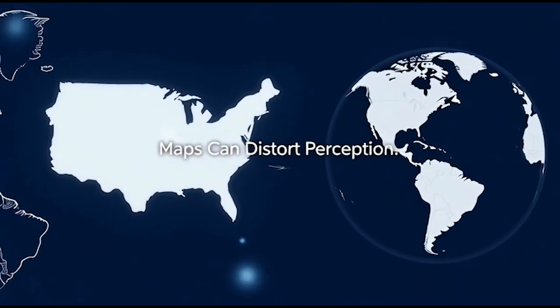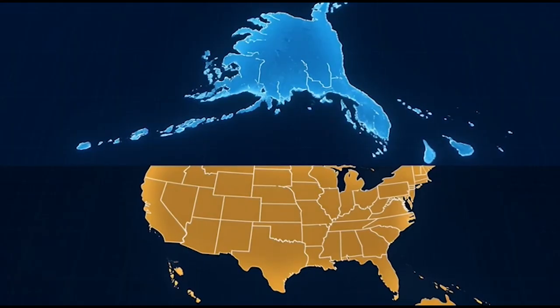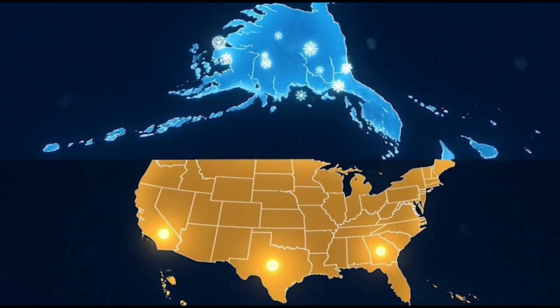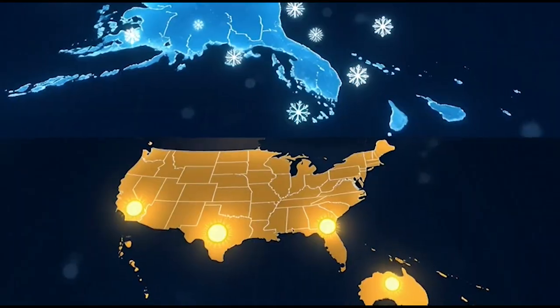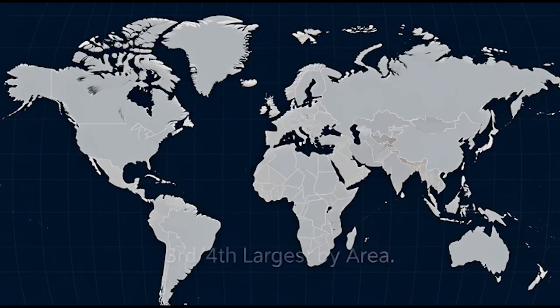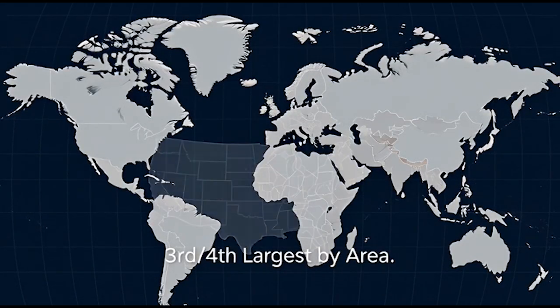The United States is large. It's the third or fourth largest country in the world by total area, depending on how measurements are calculated. It spans multiple time zones. It has vast climate diversity, from